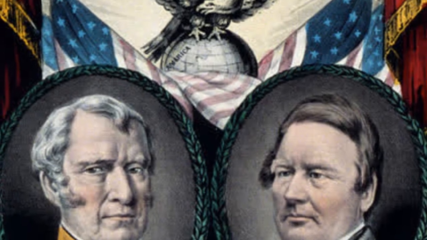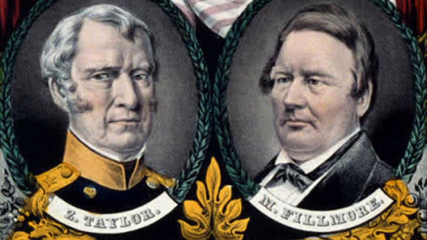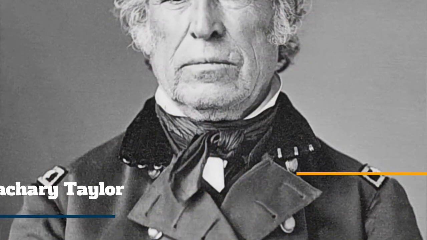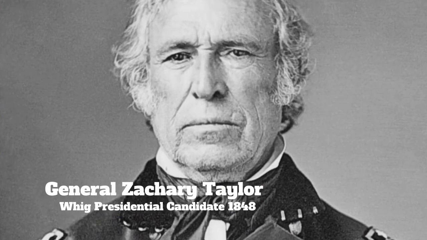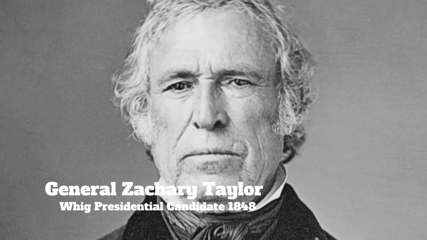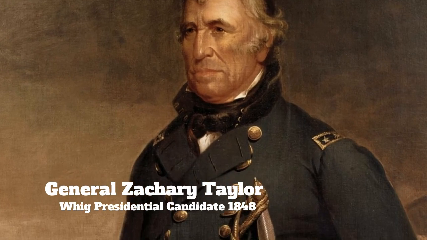In the presidential election of 1848, the first election after the Mexican-American War, both the Whigs and the Democrats sought to avoid the slavery issue. The Whigs nominated General Zachary Taylor, who was the hero of the Mexican-American War. Though he didn't take a firm stance on slavery in the Western territories, he was from Virginia and was himself